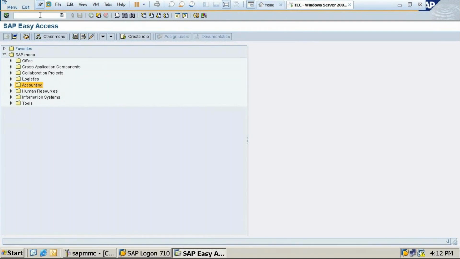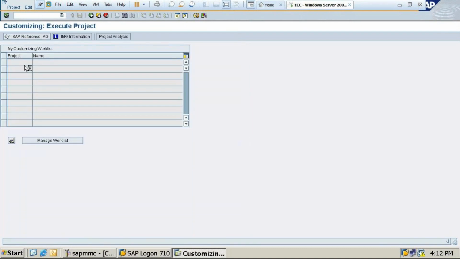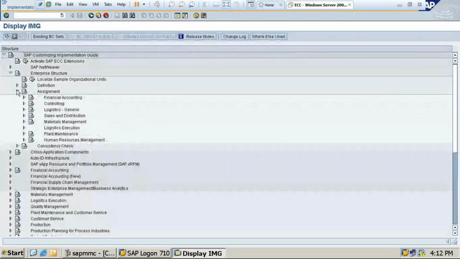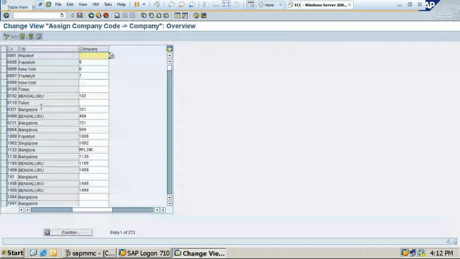But if you are in another screen, like I am in this particular screen, or think that I am in the assignment screen, from here I directly want to go to another screen. So for example, I want to go for business area.